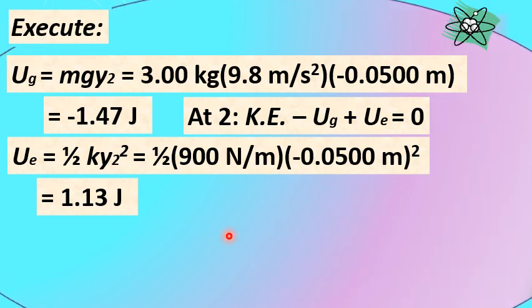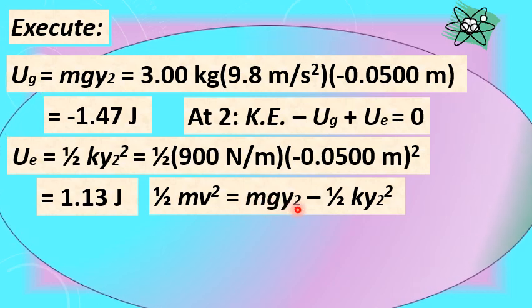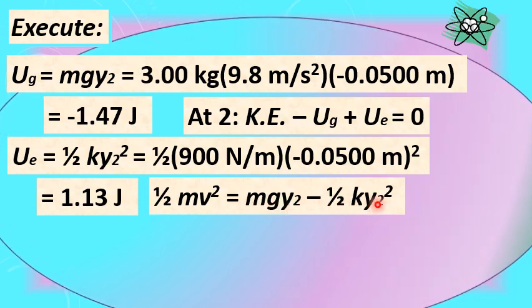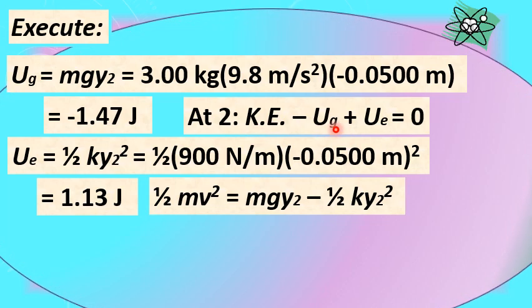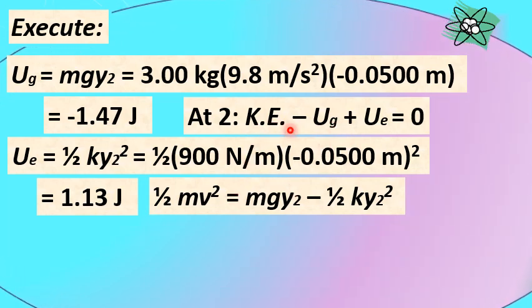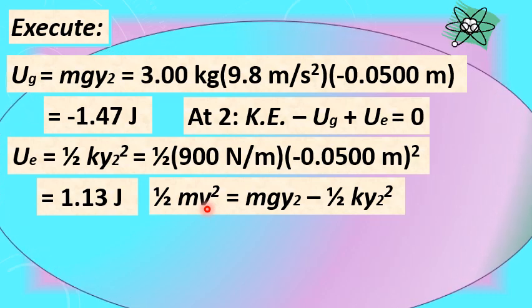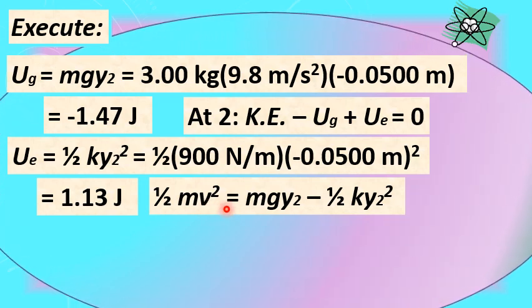Or the kinetic energy, which is 1/2 mv squared, can be equated to negative mg y sub 2 minus 1/2 k y sub 2 squared. So we just isolated the kinetic energy by transposing both the elastic and the gravitational potential energies to the right side of the equation. And since what we want is the value of the speed v,